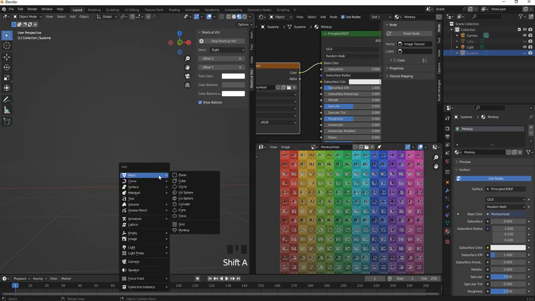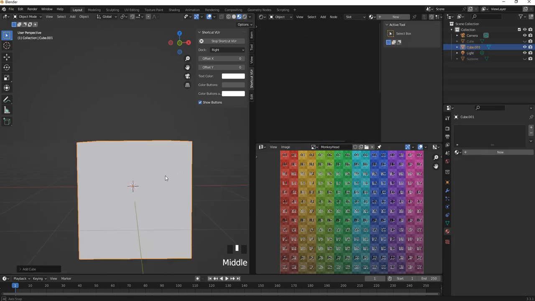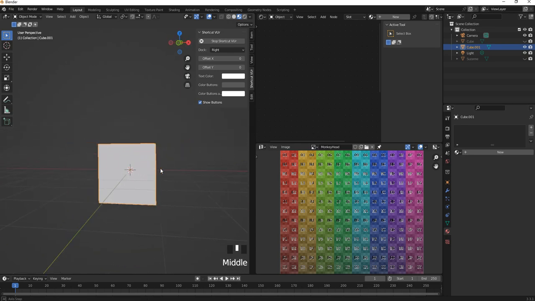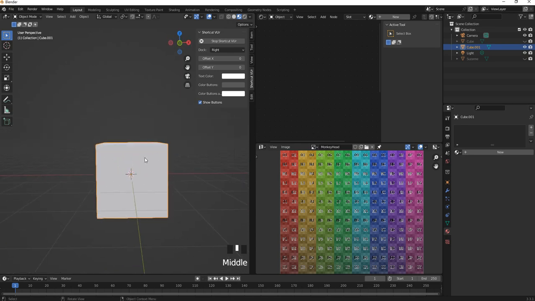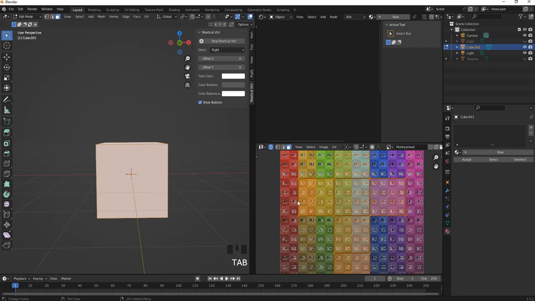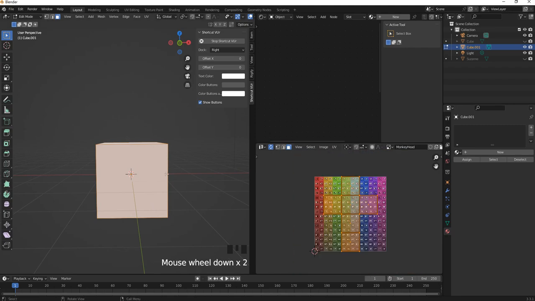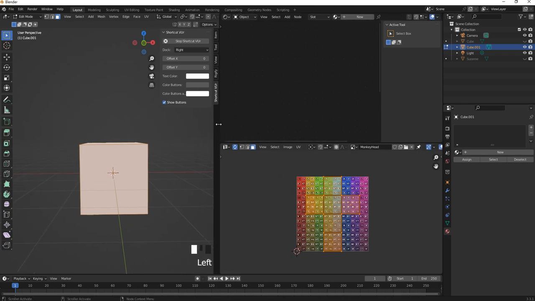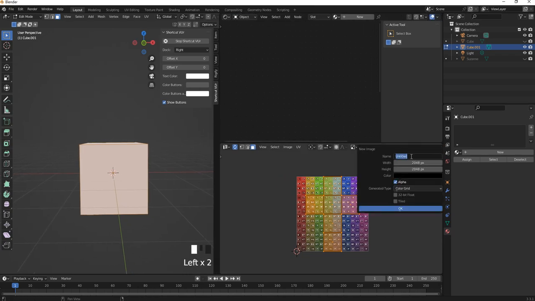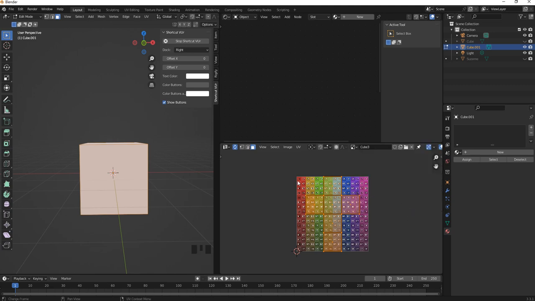So finally, let's try to do another way for making the UV map. For now, I have this cube, and let's press Tab key, go to the edit mode, and let's create a new UV map right here. And I will call this one cube 3. Okay, so now we have the cube 3,